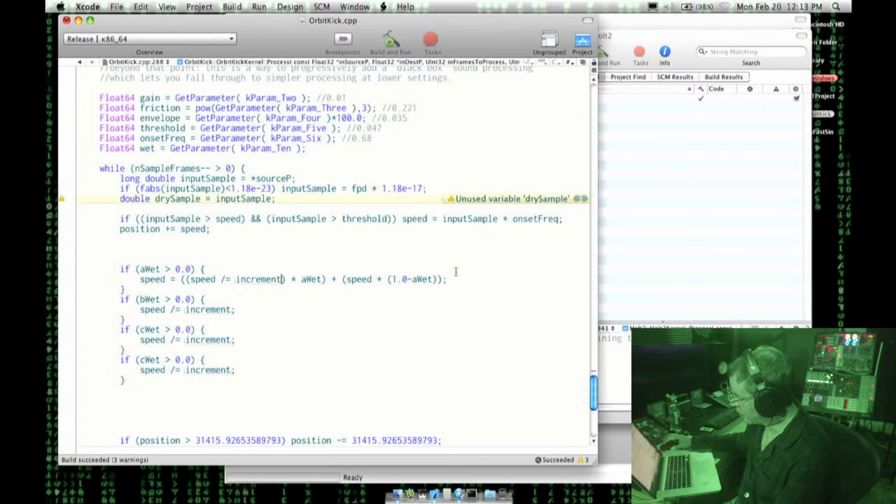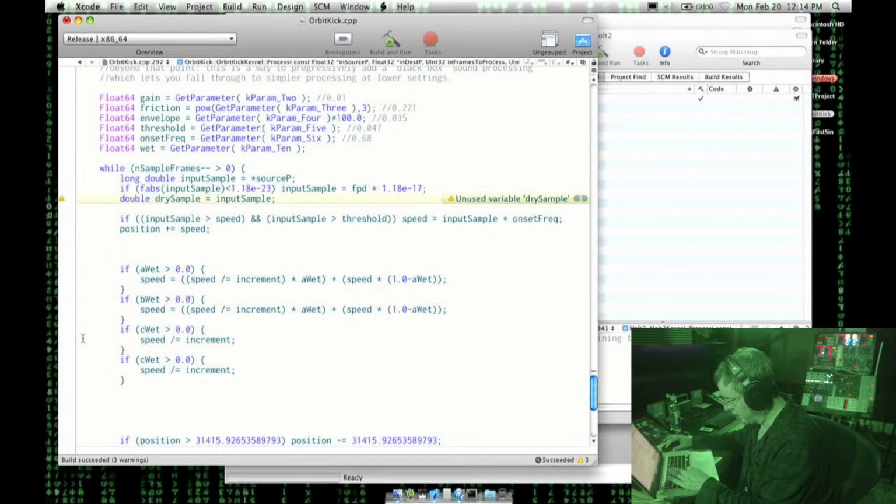So speed divide equals increment is smaller. A wet is either smaller or larger. And if A wet is next to nothing, if it's like 0, then speed equals speed times itself. So if I copy this over into its relevant places and update them, I will have the finished algorithm for